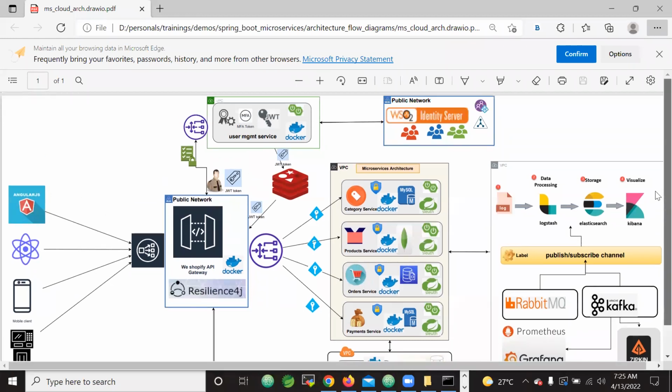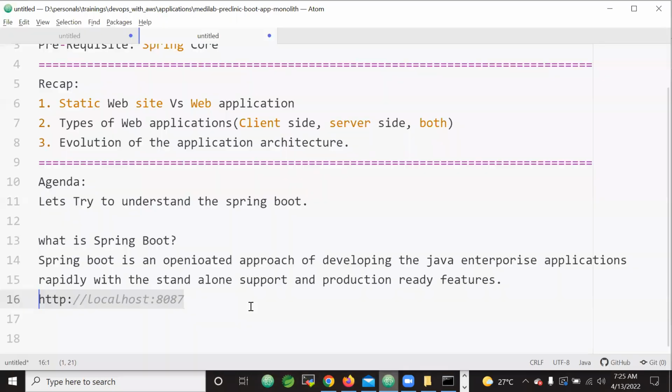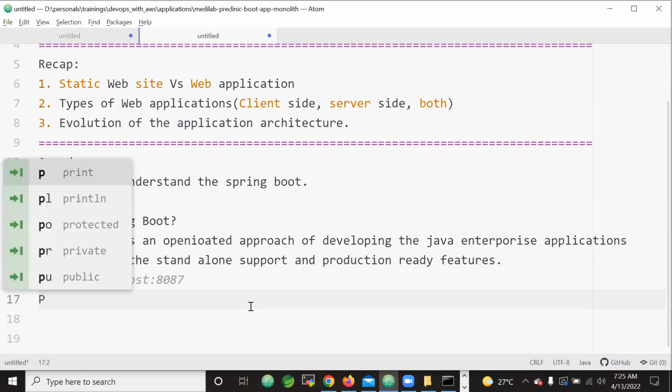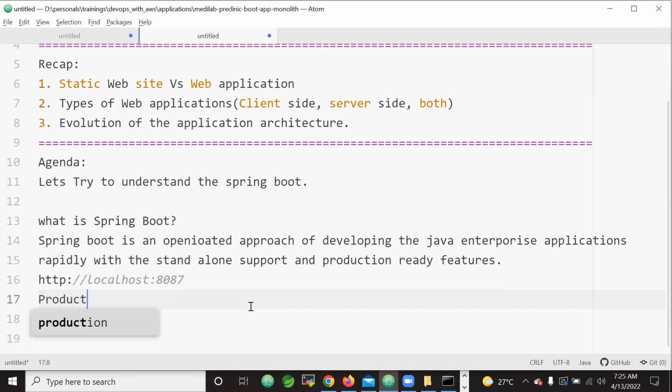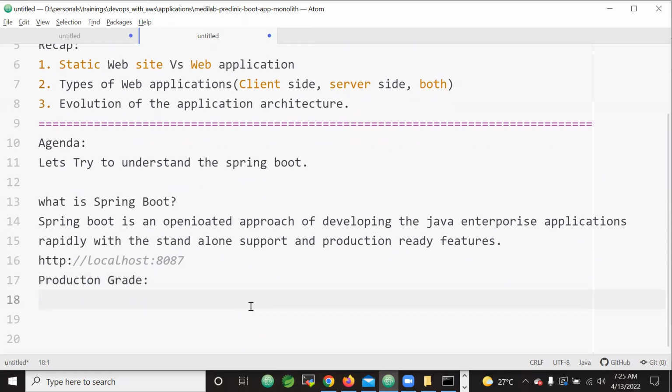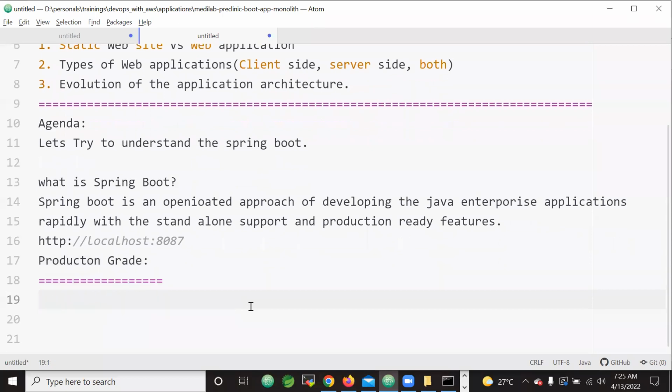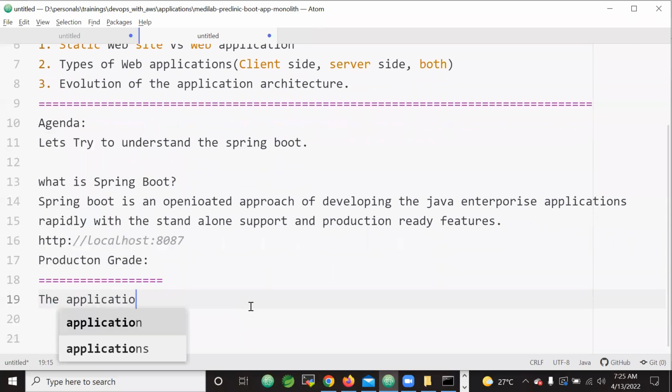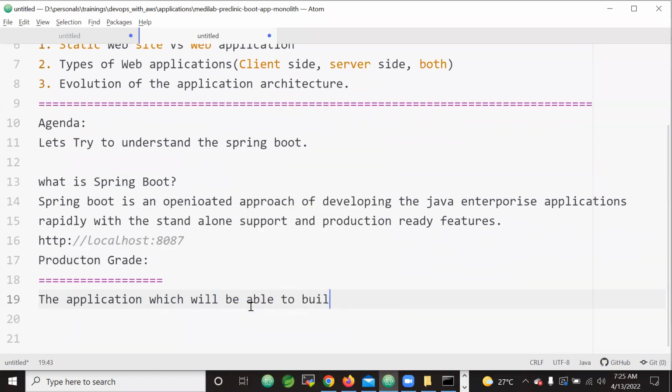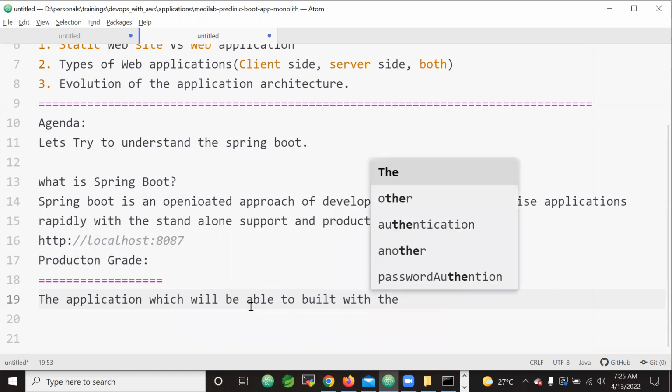So this is called a production grade application, meaning in production, the very important factors are, in a production grade application, meaning the application which will be built with the